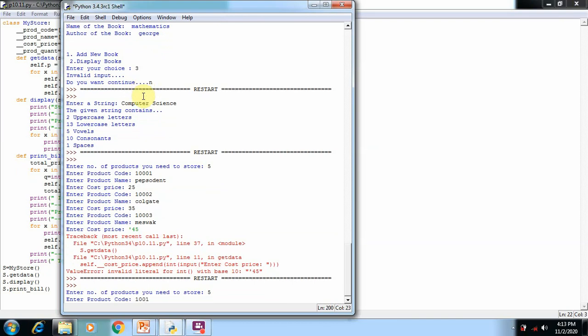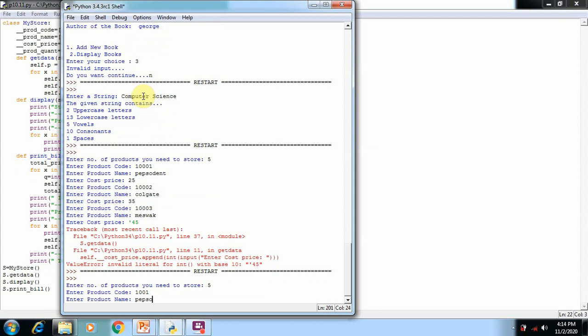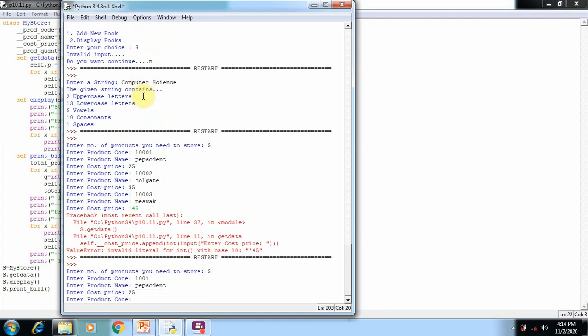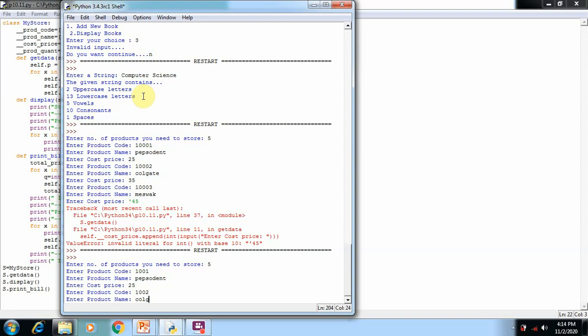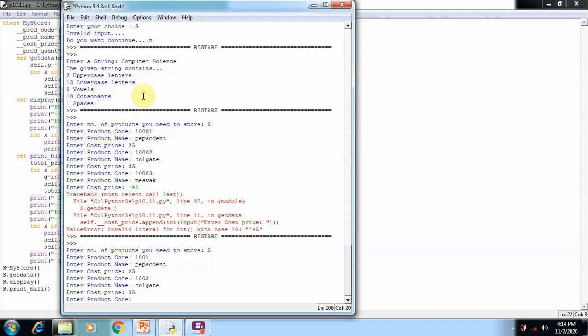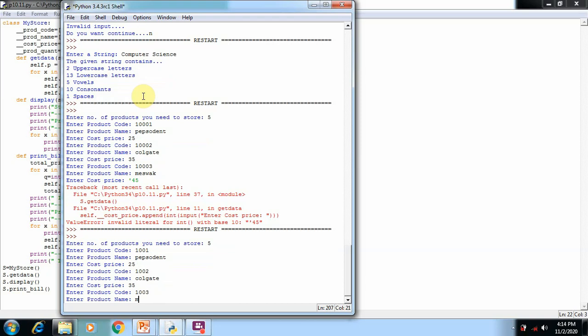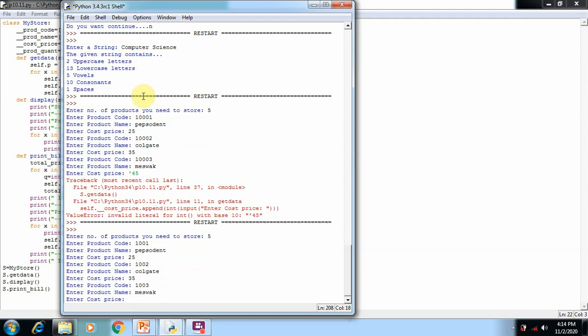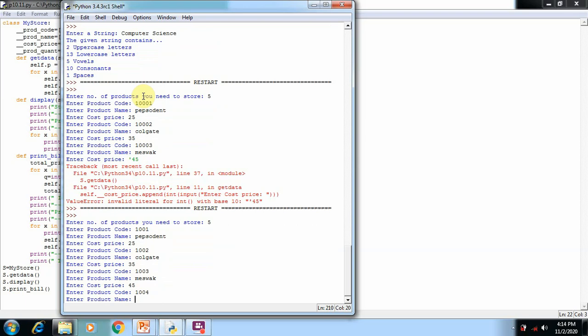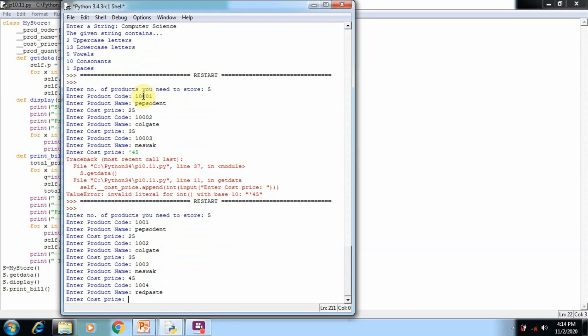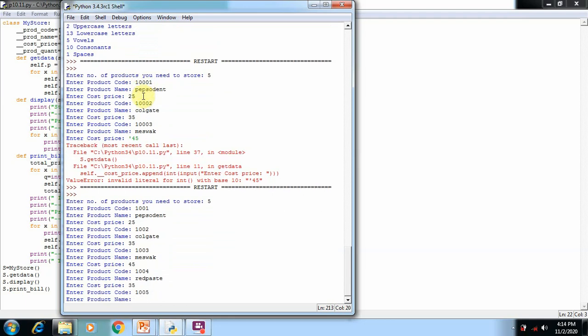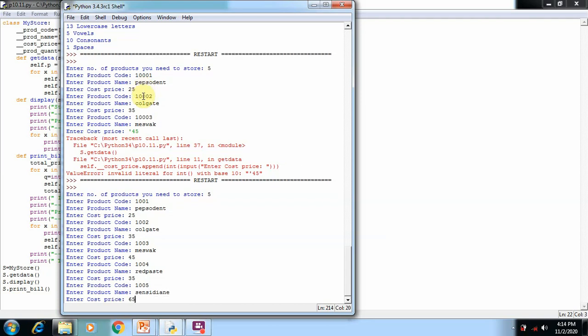So 1001 Pepsodent, price is 25. 1002 Colgate, price is 35. 1003 Buck, price is 45. 1004 Red Paste, price is 35. 1004 Sensodyne, price 65. So after entering 5 sets of data, all the data are